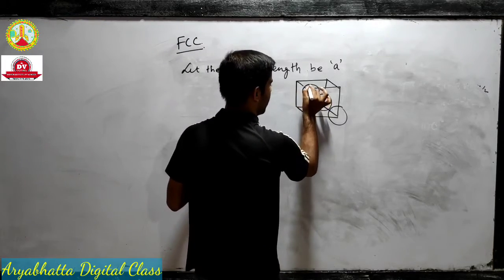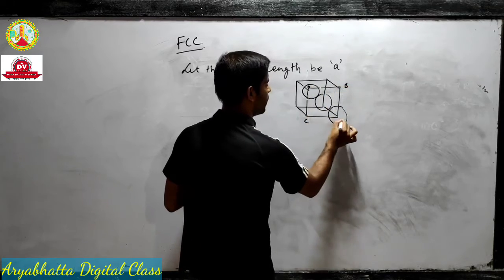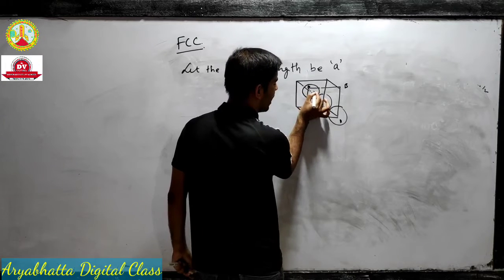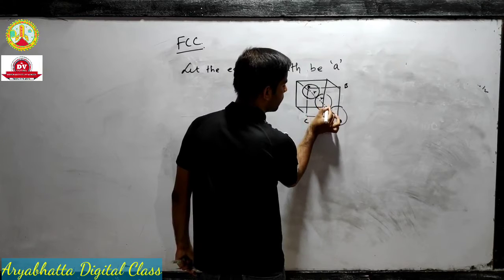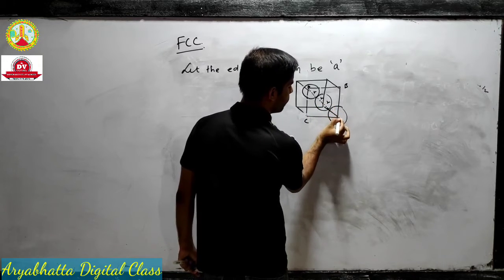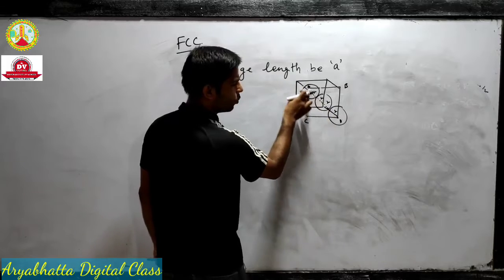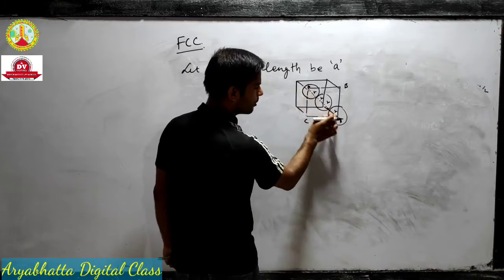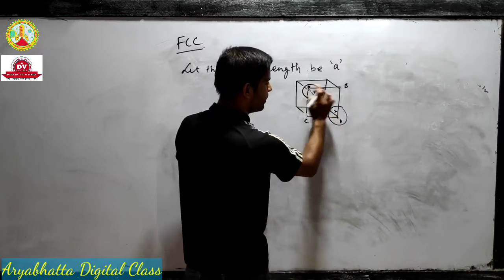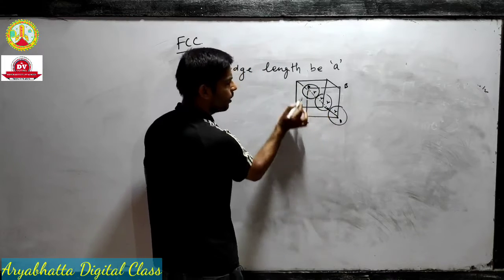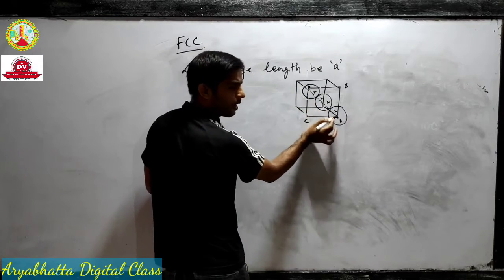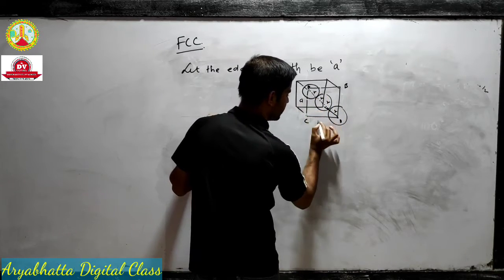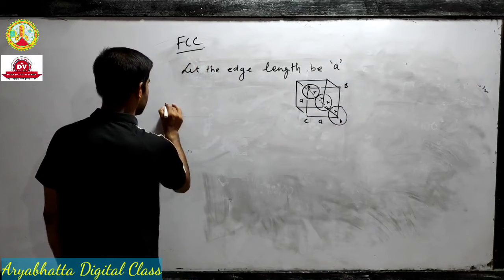I am just taking this. So if I name this face A, B, C, D, then you see this is R, this is R, this is R, and again till this is R. So its total length, the diagonal of this face ABCD, is actually 4R. Okay, R, 2R and R. So total length is 4R. We already know that this edge has a length A, this edge has a length A.